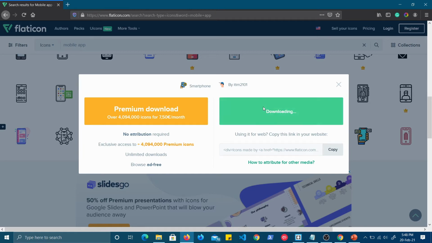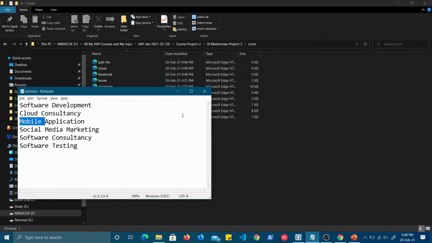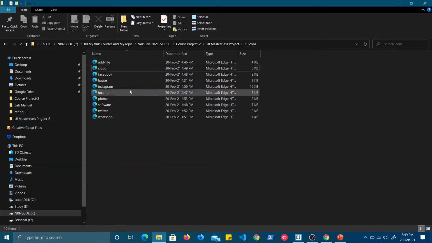It will download. Okay, you have reached the download limit, I guess, because I had already downloaded a few icons. I was thinking of signing up for free. So what I will do, I will share these icons and you can download your own icons, and I will repeatedly use the cloud and software icon. But that is not a good practice. Obviously nothing comes free, so we had that limitation, and we have to work with it. Anyways,